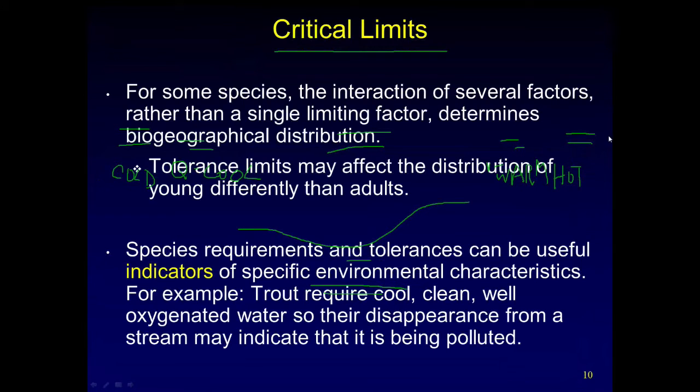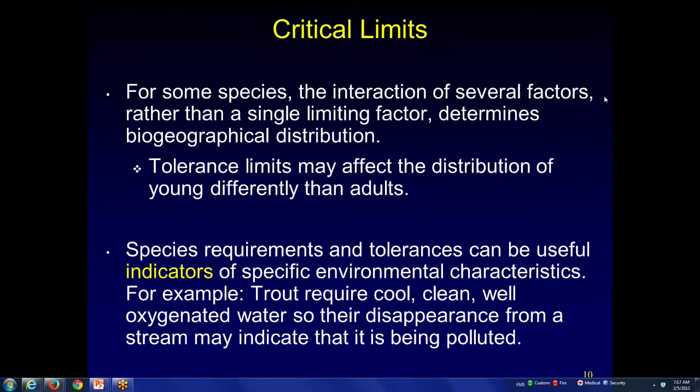All right, let's go to slide 10 on critical limits. Again, expanding on our idea here of critical limits. So for some species, the interaction of several factors rather than a single limiting factor determines biogeographical distribution. So tolerance limits may affect the distribution of young differently than adults, too. That's another little point here. So what really typically happens in nature, guys, is not only do we have zones of tolerance or ranges of tolerance, and we, of course, have maybe critical factors, but oftentimes it's several factors that come together to determine where